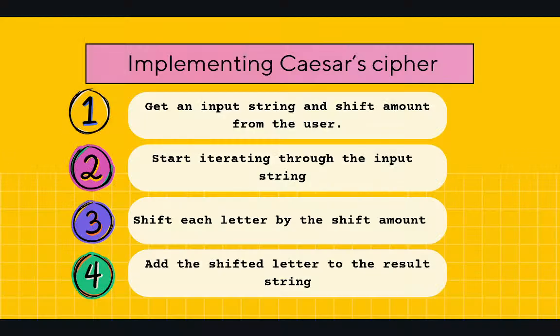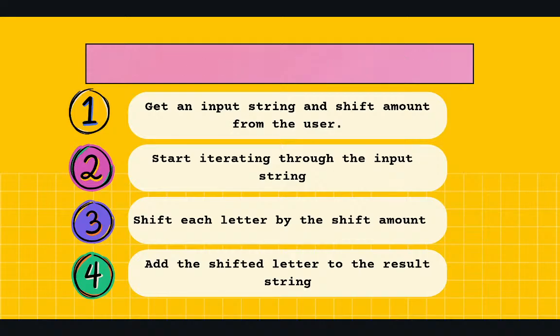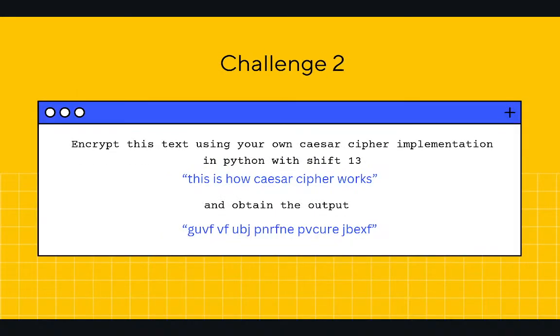So that was Caesar cipher. Do you guys have any doubts? Okay. If you have any doubts, just post it in the comment section. There will be a Q&A session at the end. Right. Now it's your turn to try and encrypt this message with Caesar cipher and shift 13. So basically you're implementing ROT13. Try this out.